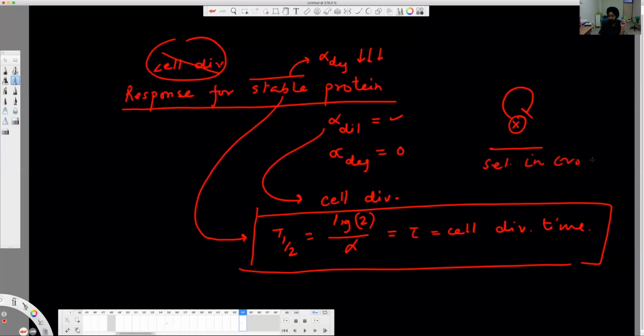First of all, we need to see what the evidence is that this is selected in evolution in E. coli. Second, we will see why this is selected in evolution. So we will look at the constraint or the physiological advantage of these loops in the next class. So that was all for the day.